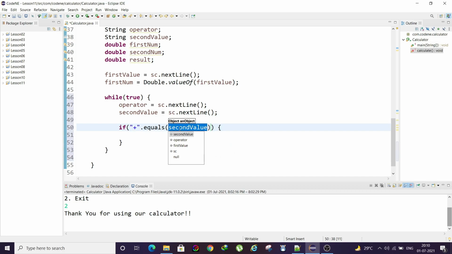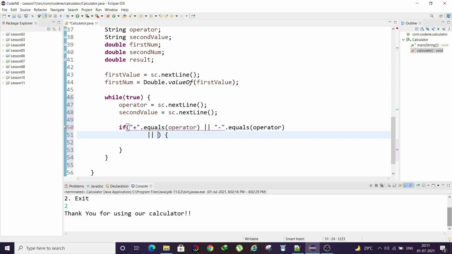So this is another method supported by the string class. This will check whether this value that we have put, plus, is equal to the value that is entered by the user, right? So here we'll do operator, then of course the second one will be minus, so we'll just copy it to save time.